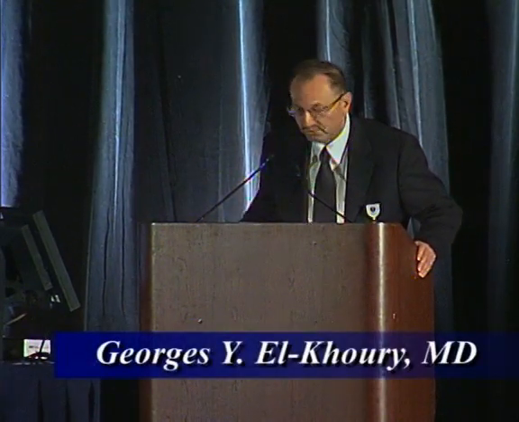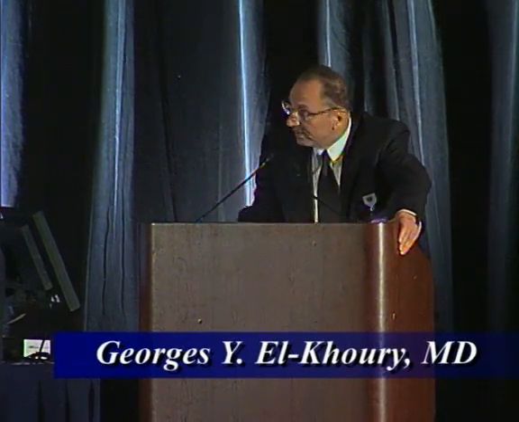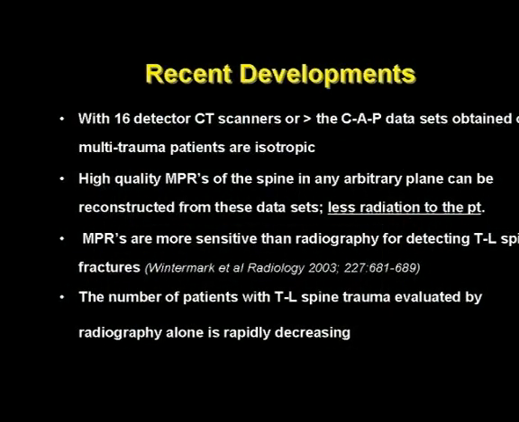This is a topic that is in flux, so we'll show you where the state of the art is. With the 16 detector CT and higher, people are now doing chest, abdomen, and pelvis at the same time. And the images are usually isotropic or nearly isotropic, and this is very important. And with this, you could get high quality spine in any arbitrary plane, multiplanar reconstructions, and without repeating the exam,